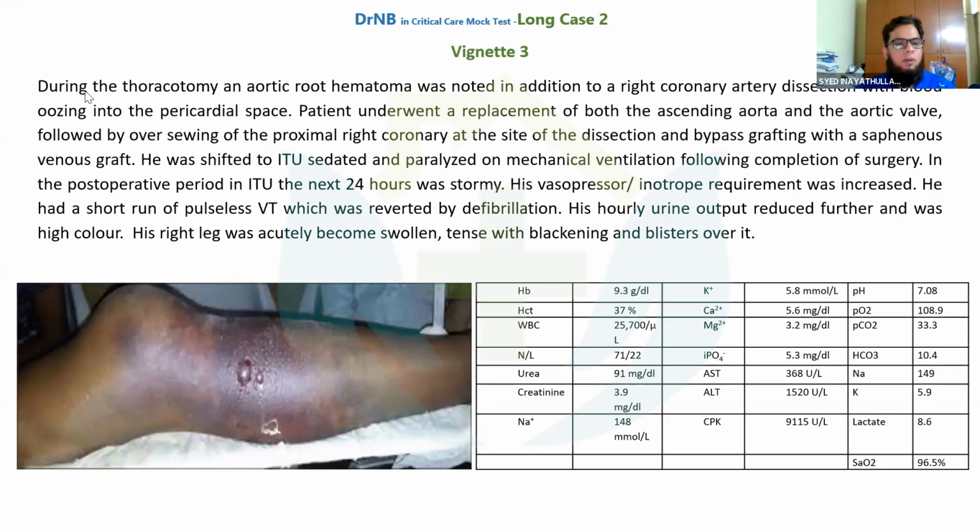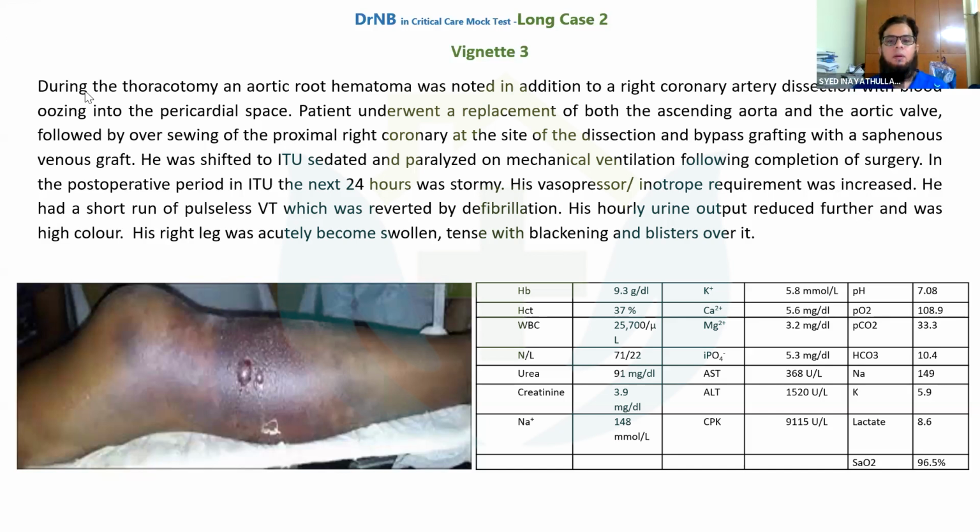So I'm suspecting compartment syndrome related to possible hematoma versus accumulation of the fluids there. And I would also like to rule out DVT and ischemia at the same time. So the labs are consistent with leukocytosis, high creatinine going with AKI,